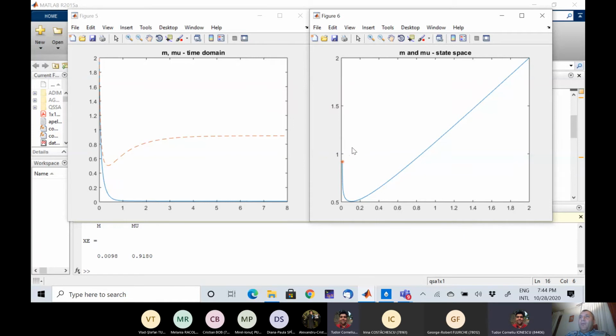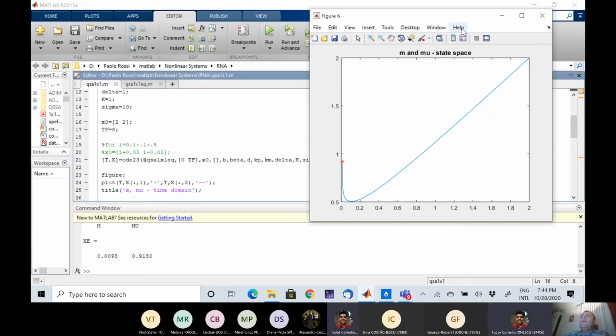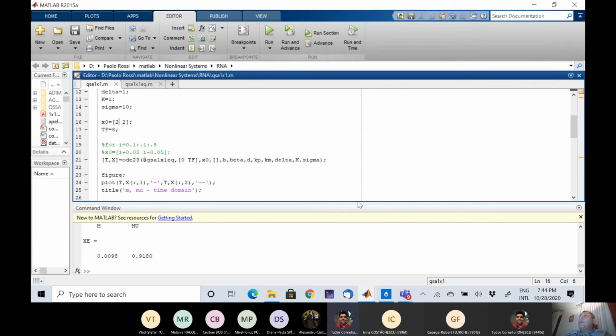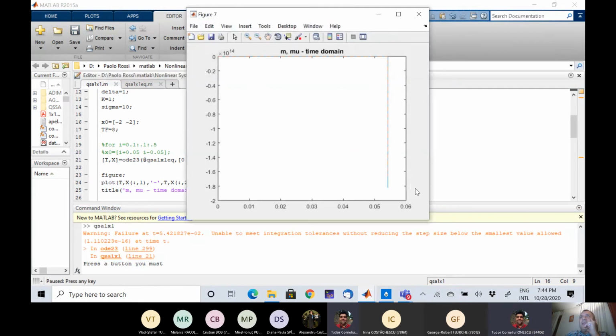So the natural conjecture which you can formulate is that there is one single equilibrium point, and this is a global attractor for trajectories initialized in the positive quadrant. Now, just for the sake of completeness, you see what happens if you initialize